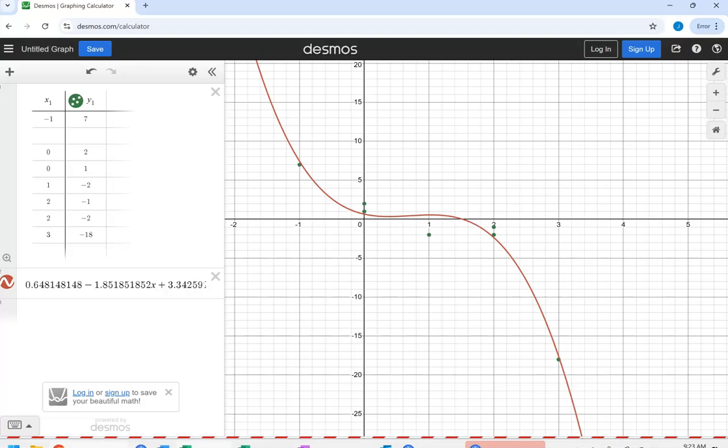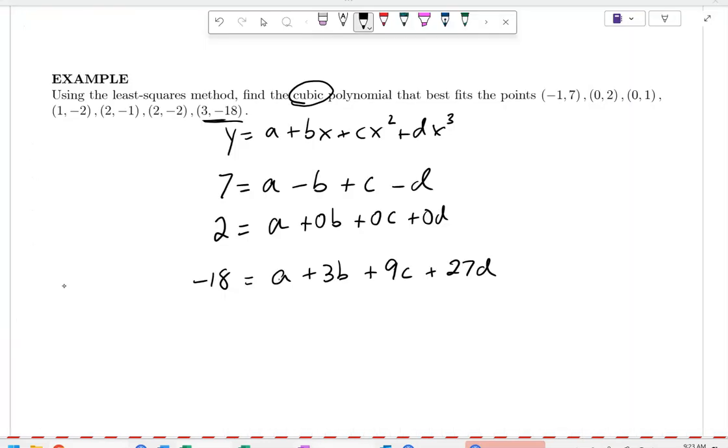What questions do you have? We'll do another one. You can apply this technique to other types of functions so long as you can create a linear system. Okay? So going back to the next problem here,